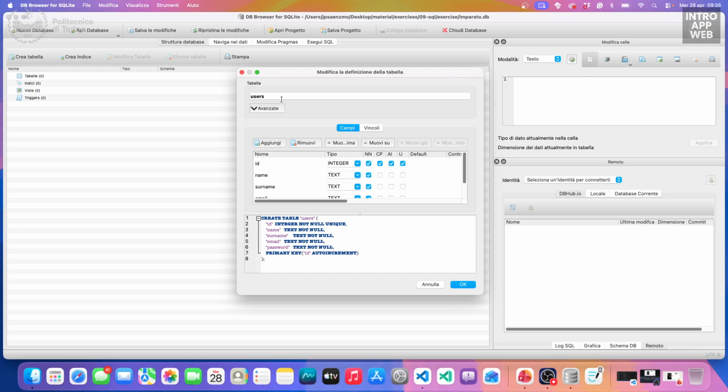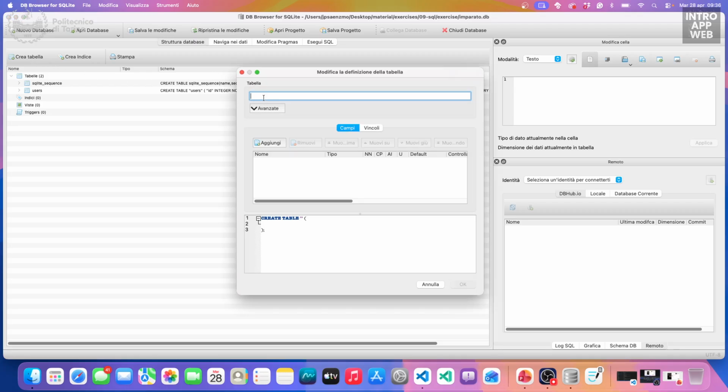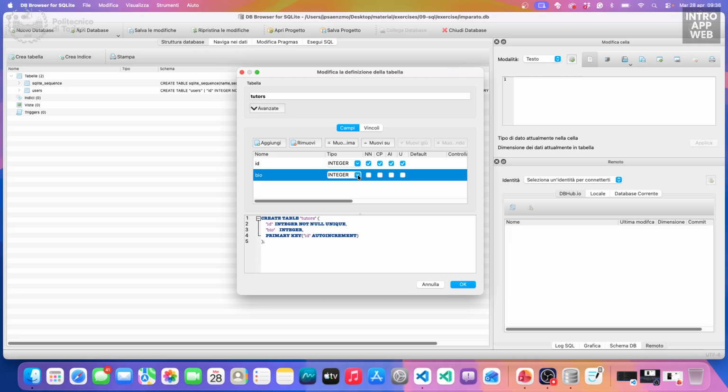Okay, so this is the users table, and it has these attributes. Let's create the new table, that is the tutors. It will have the ID. It has the bio. And it has the